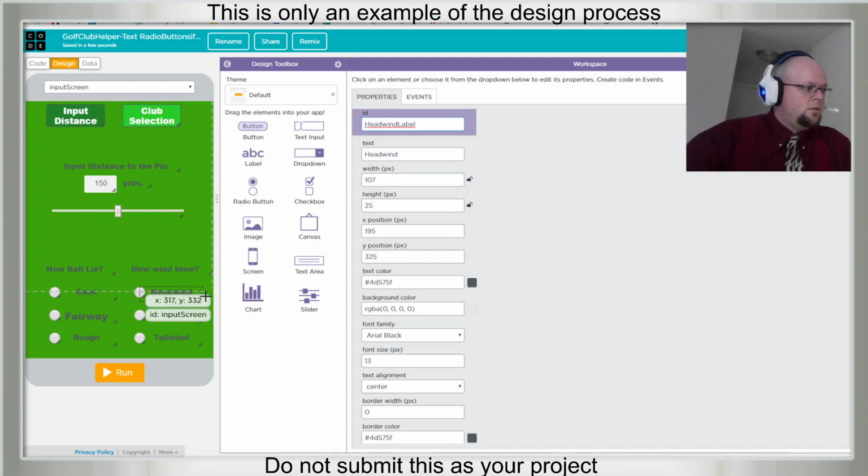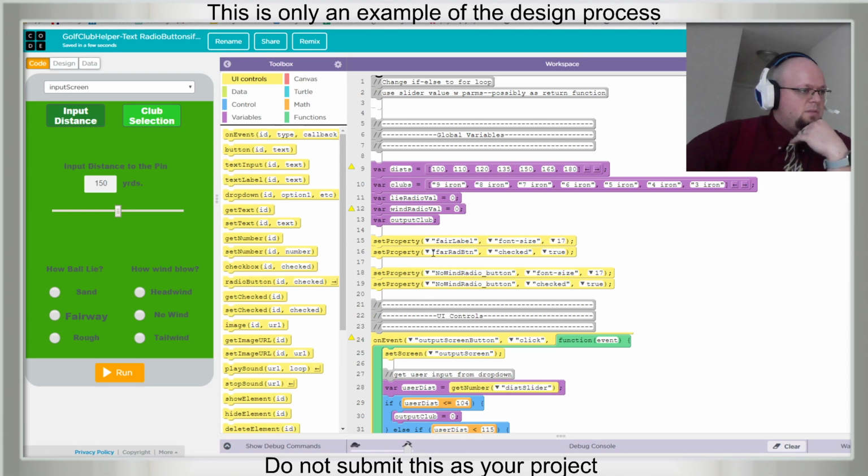Headwind label and tailwind label. Still not taking my own advice as far as ID names and calling them whatever. So set property of no wind label to that and no wind rate.